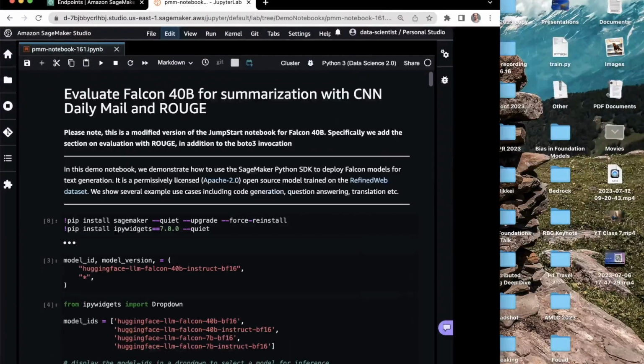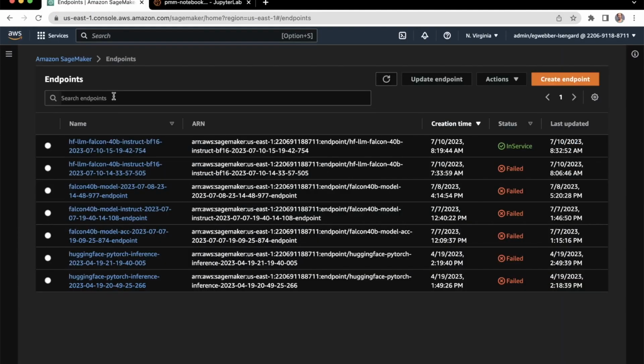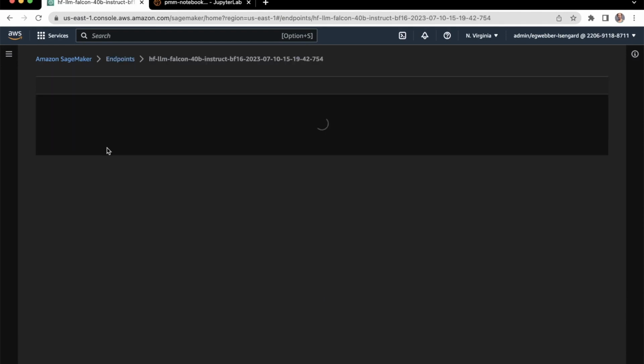All right, so just as before, we are in SageMaker Studio. And in the first notebook, actually, we created a Falcon 40B endpoint using SageMaker JumpStart. So we'll do the same thing here.